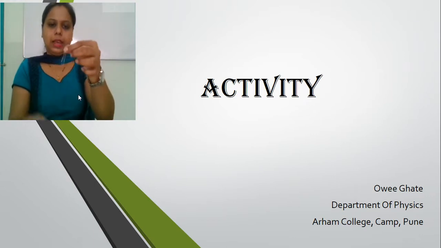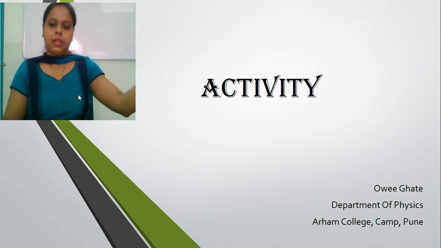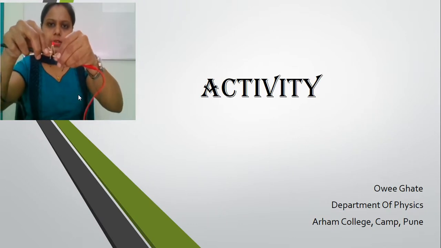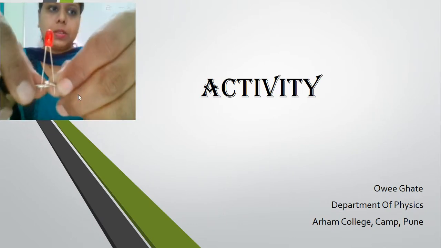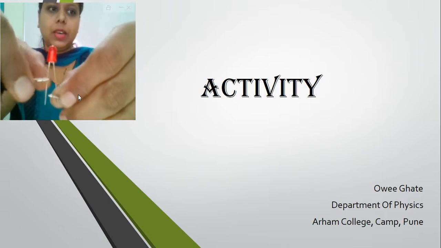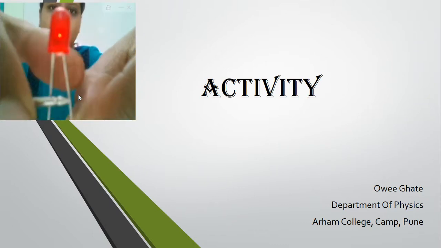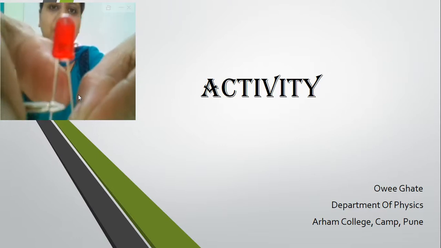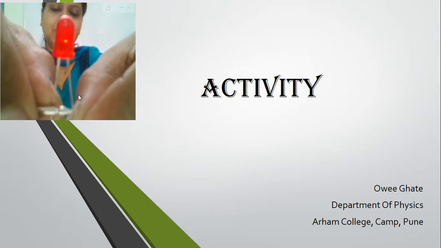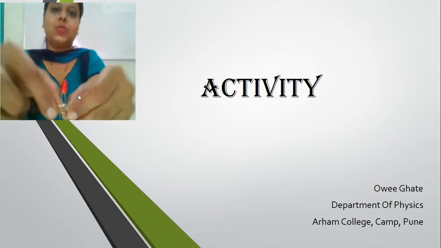So we have put this regulator on this symbol, and this longer leg will attach to the positive terminal of the probe, and this shorter leg of the LED will attach to the other probe. As you can see, the LED glows. See, the LED is glowing. That means current is flowing through this LED, and this LED is in working state. So in this way we have checked whether this LED is working or not.